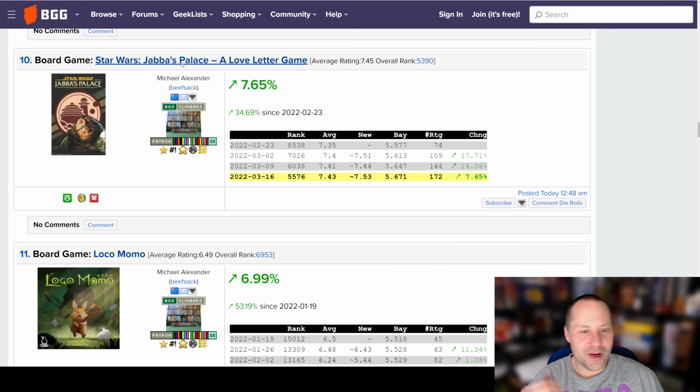number 10. People keep reviewing Star Wars Jabba's Palace, a Love Letter game. Obviously this isn't going to be in the top 100. It's just another version of Love Letter. The Jabba the Hutt theme speaks to a lot of people, obviously, and so that's why we're seeing this. It'll probably drop out of the top 10 climbers here in a